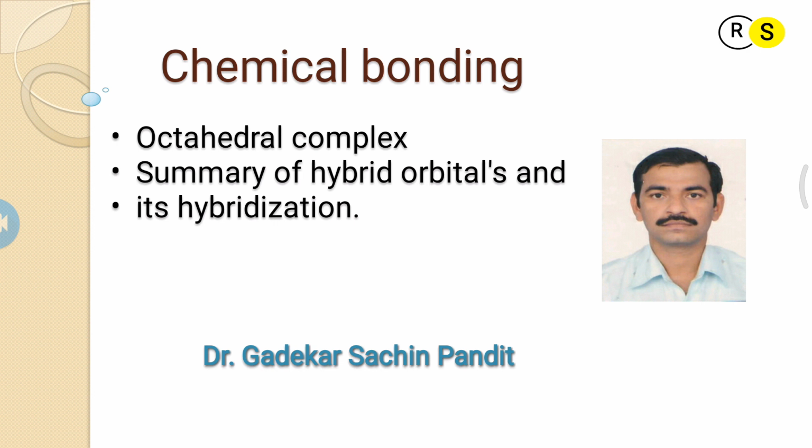Okay, so this involves 1d, 1s and 3p orbitals to form a trigonal bipyramidal type of complex, meaning two carbonyl groups on the axis, that is axial, and three carbonyl groups in the equatorial position, three equatorial and two axial carbonyl groups, to form a trigonal bipyramidal type of geometry. Okay, so today we will discuss the octahedral complex.